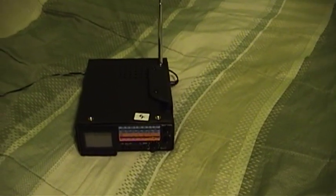There you have it. That is a demonstration of the late 1984 TMK-717 portable black and white television set, and